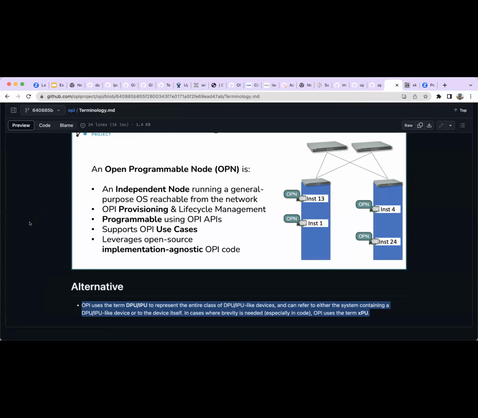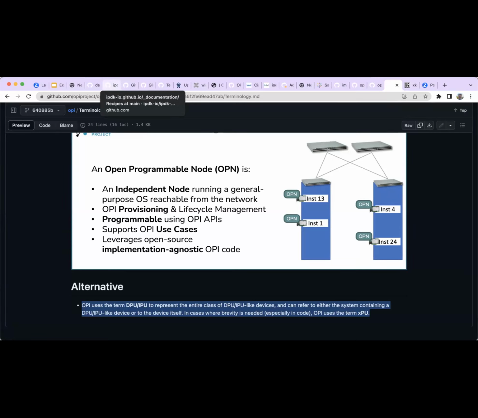And then as we go into vendor specific devices, they can potentially use more definitive terminology. What we cannot do is, in our slides, documents, marketing and descriptions, start using the term OPN or XPU or any other term other than DPU or IPU. What we cannot do is use only IPU. We cannot use OPN. We cannot use XPU for all of the material people would read, or any outward facing material.